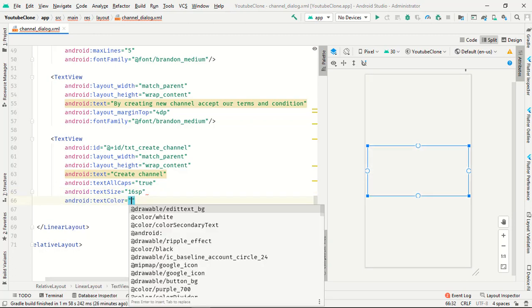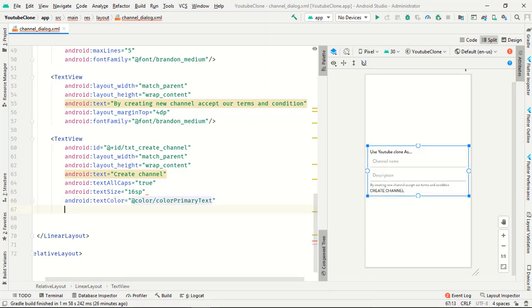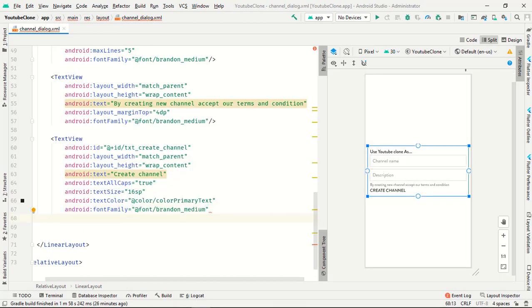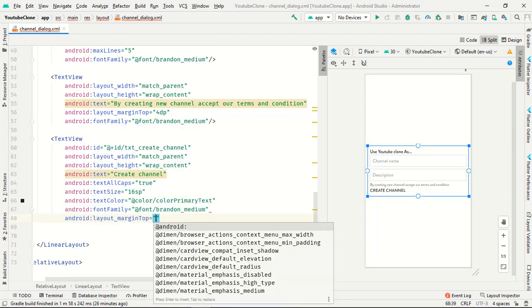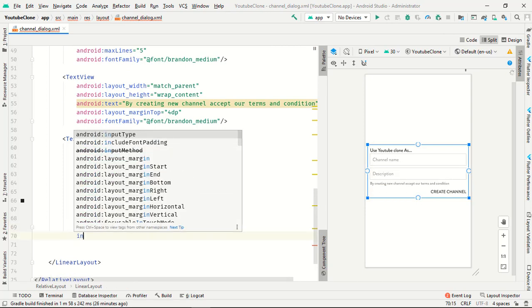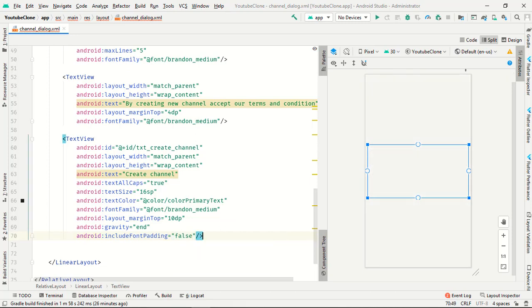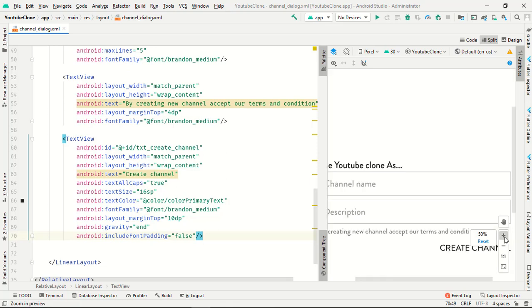Text color primary text, font is similar, margin from top is 10 dp and the gravity, and include font padding is false. Perfect. So our XML file is completed.